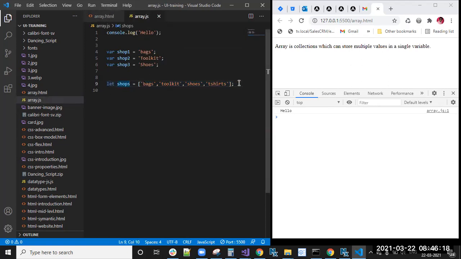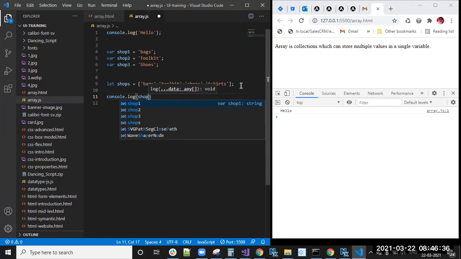Now, I have created an array, right? The shops is an array now. Within this array, I want to know how many products you have purchased. console.log of shops.length. We have the length property.